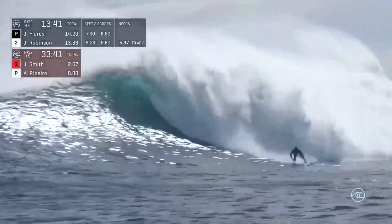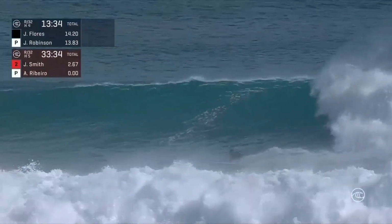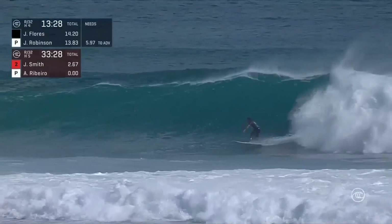Some decent swell out there at the moment as we see dropping to the bottom of this one. Straight into this first section. Jeremy Flores trying to get rid of a 6.6. He knows he needs to put some more distance between himself and Jack Robinson in this heat, because Jack's going